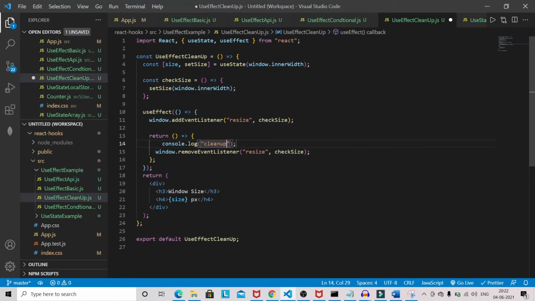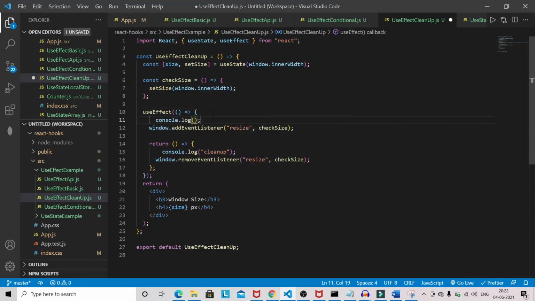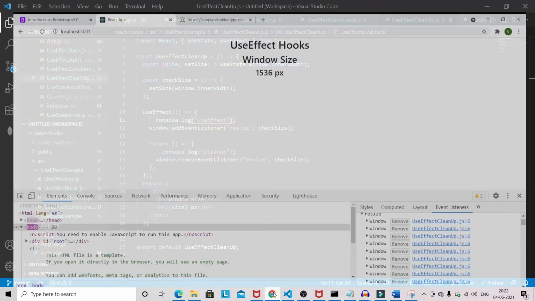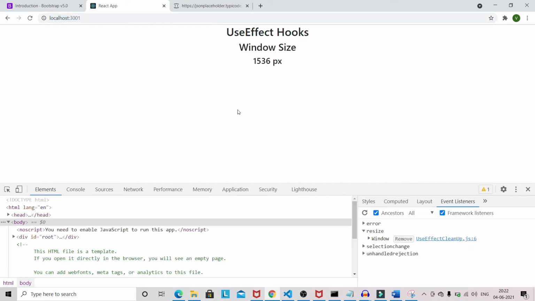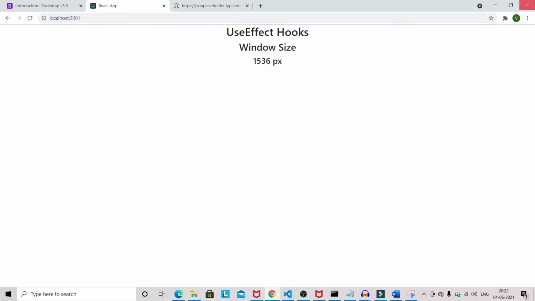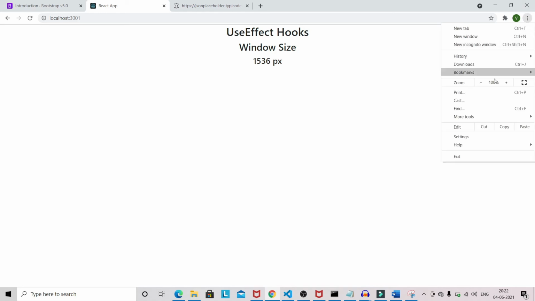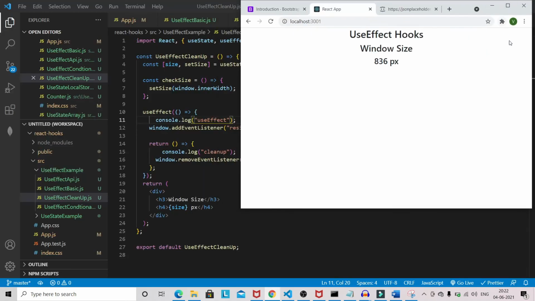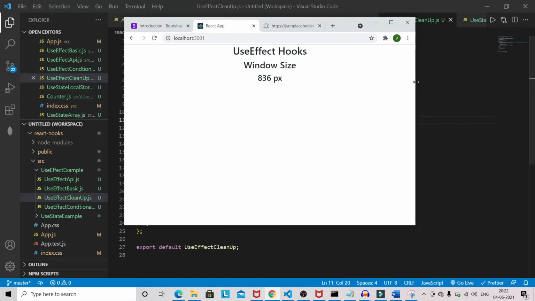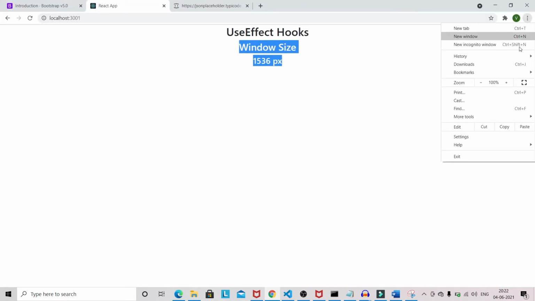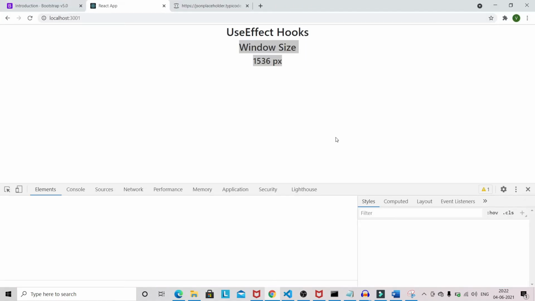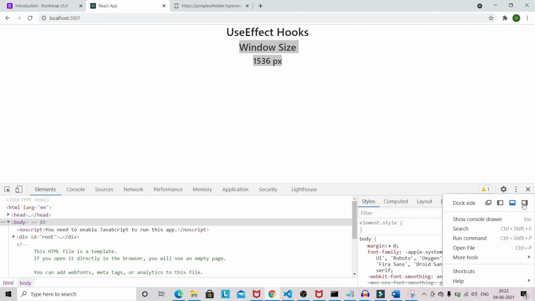Cleanup, and this will be useEffect, in double quotes. Now reload. Let's do it this way, it's better. So I have resized this one, and we can also do it this way.